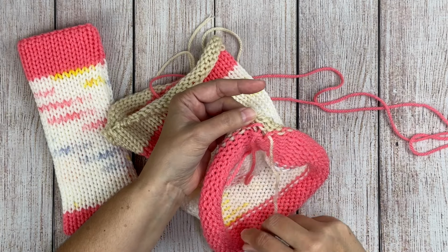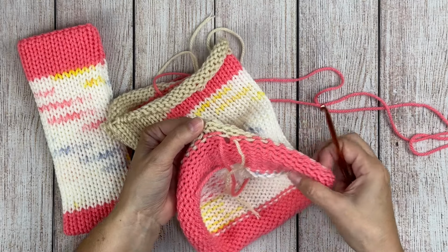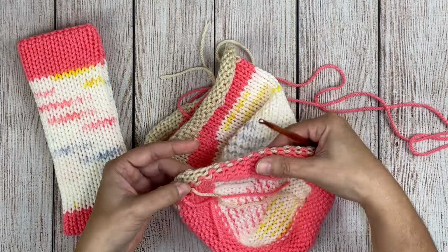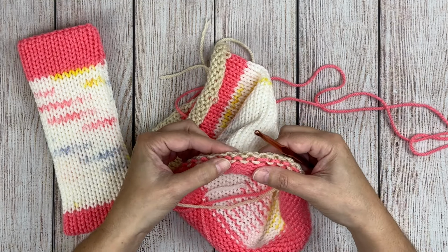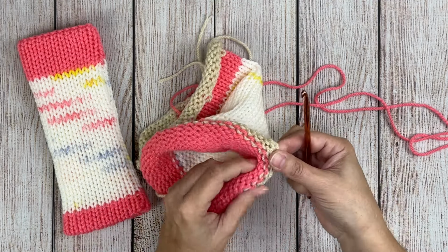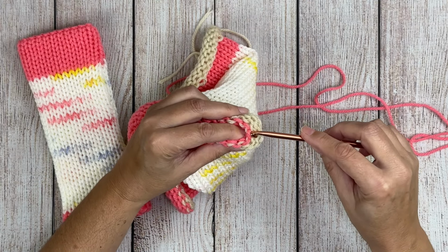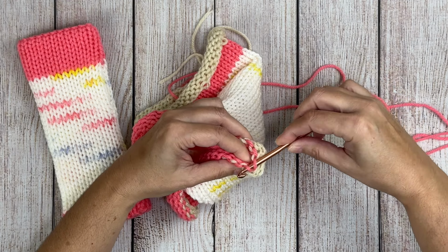Now we're ready to do the slip stitch. Not counting the tail stitch, we want to count over half the number of needles from your machine. So I'm using a 46 needle machine, and I will count over 23 stitches from the tail stitch, not including the tail stitch. So I'll insert my needle into that 23rd stitch, then into the next stitch, and pull that